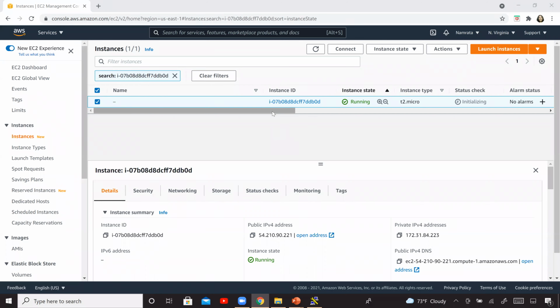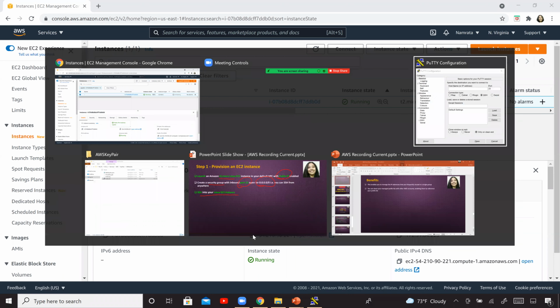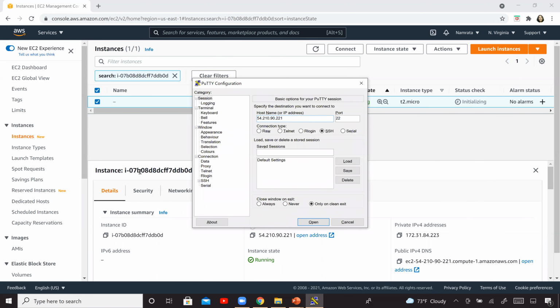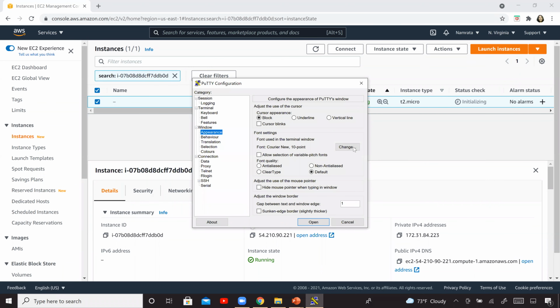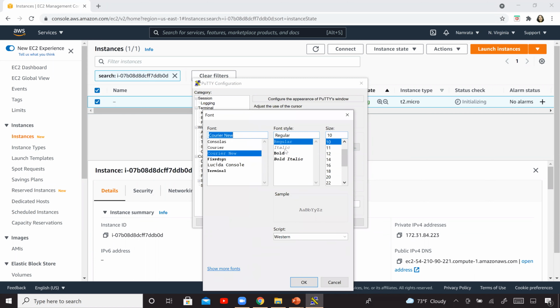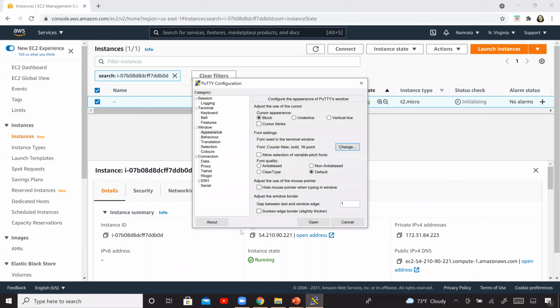So our instance has been launched successfully, it's running. And this is its public IP address. So I'm going to copy its public IP address and now try and SSH to this EC2 instance. So let me change the font. And this is SSH.